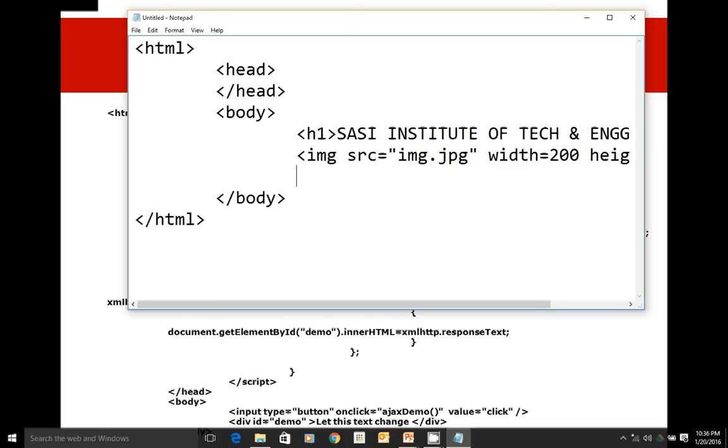Now I am going to add something called a div tag, ID equal to some name like n1, and within this I just want to write some story.